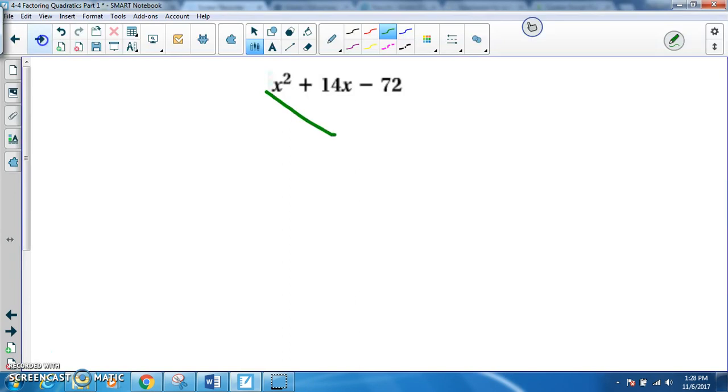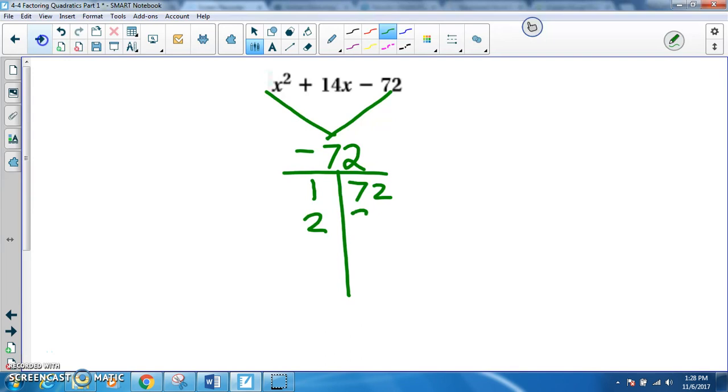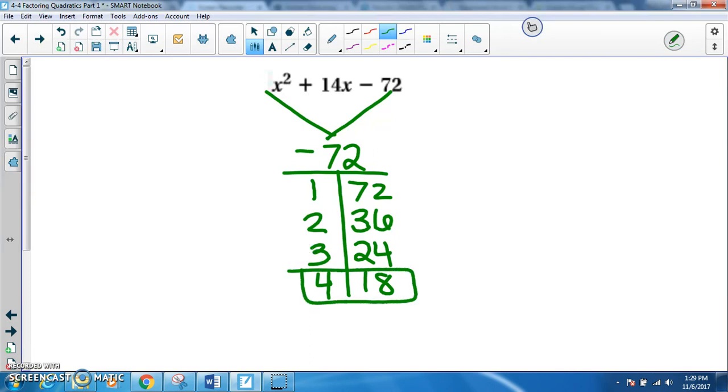Do this again. We now have a negative. 1 times negative 72 is negative 72. We have to sit and think what 2 numbers multiply to negative 72 and add to 14. If it is helpful, you may make a T-chart. 1 and 72. 2 and 36. 3 and 24. 4 and 18. I'm going to stop here because I know 4 times 18 equals 72, and 18 minus 4